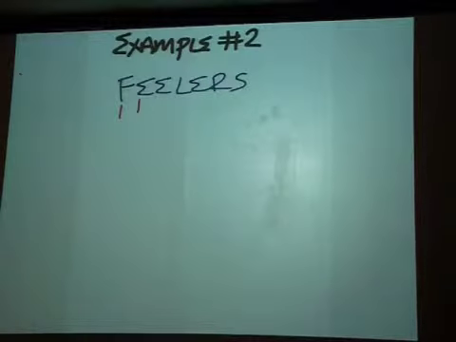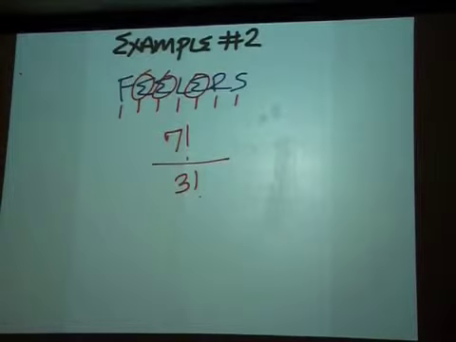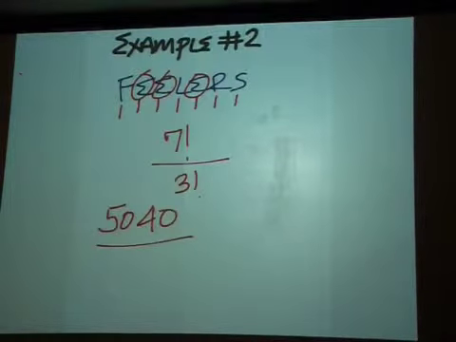How many ways can we rearrange the letters in this word? We have 1, 2, 3, 4, 5, 6, 7 letters. And we have 1, 2, 3 E's. So we have 3 factorial on the bottom. There are no other repetitions in here. So find out what 7 factorial is. That comes out to be 5040. And we will divide that by 3 factorial, which is really 6, to get a final answer of